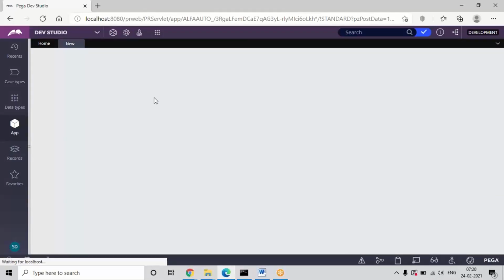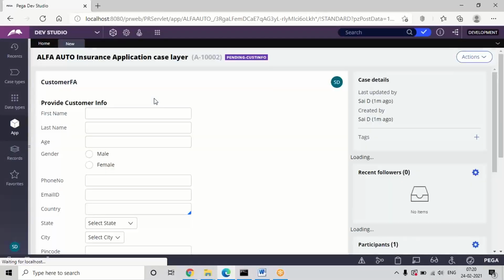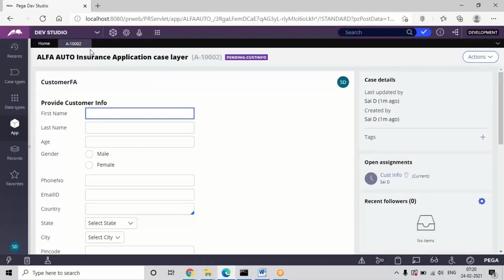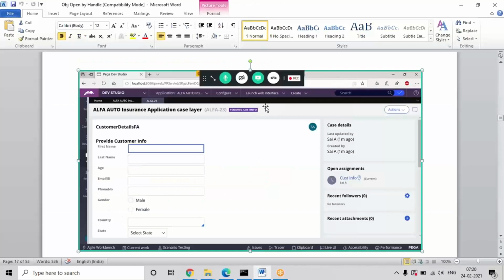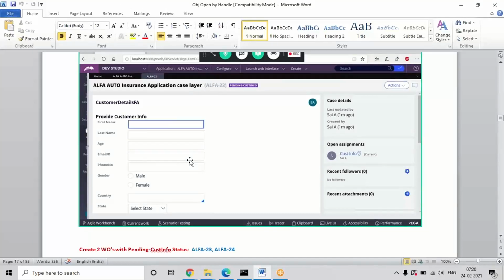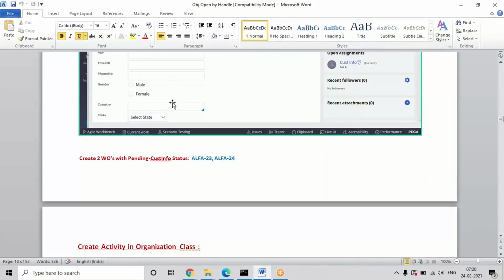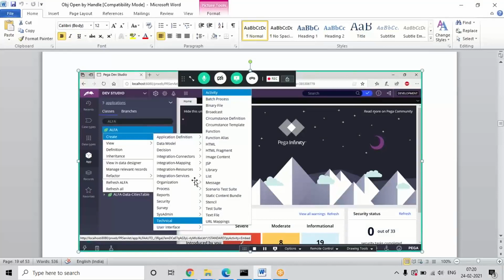There are many old IDs, but instead of running the report, this is simple, right? This is the second ID, AIFN 10002. So if I create an activity during execution, I'll be checking in any one of these IDs. In your application, you can check whichever IDs were created. I'm keeping the same screenshots. In the previous application these are the IDs we had, but in my current application, AIFN 10001 and 10002.